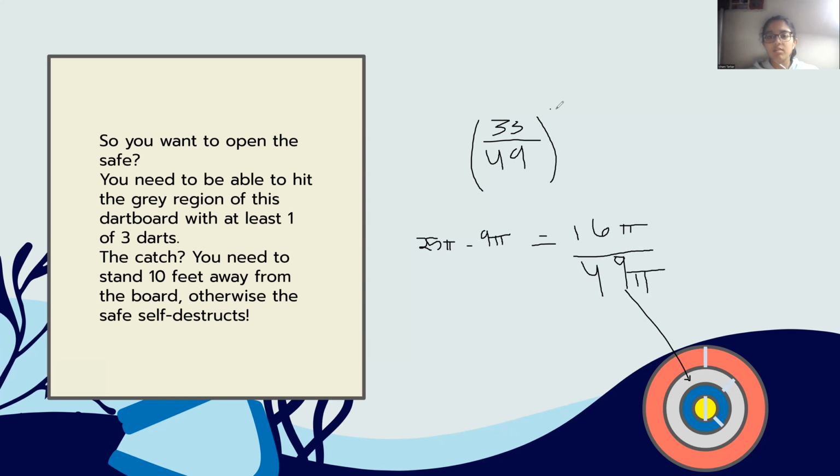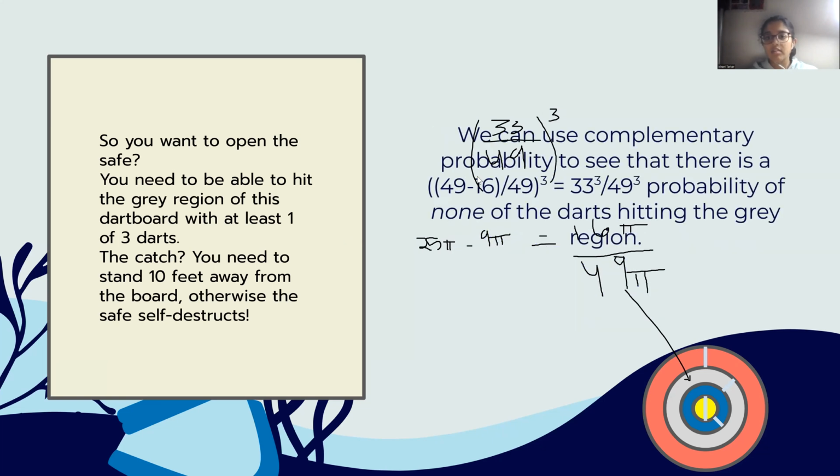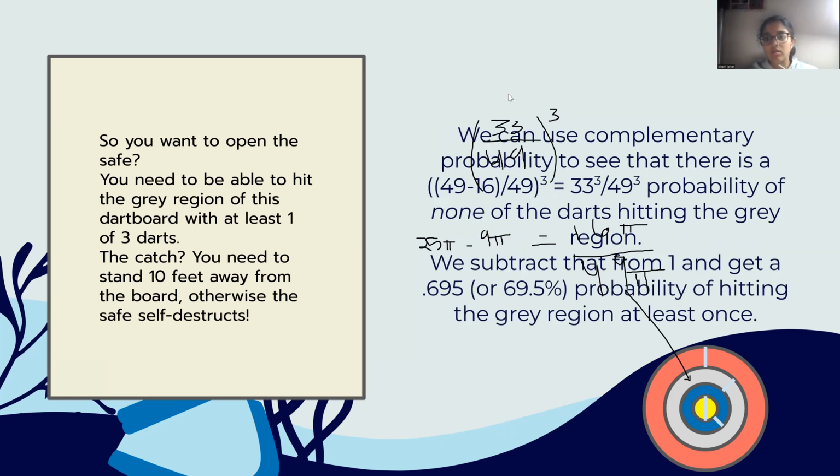And we're raising it to the power of 3 because we have 3 darts. So that's the probability that each time you miss the gray region. So 33/49 to the power of 3 is equal to